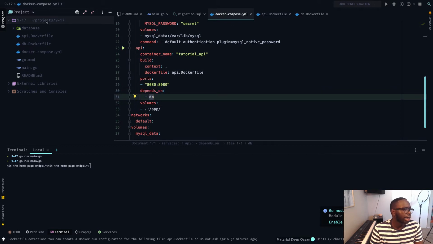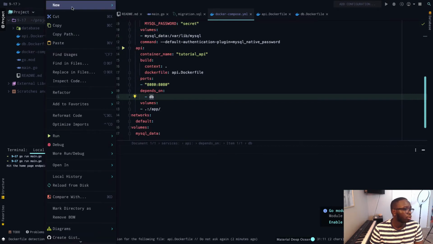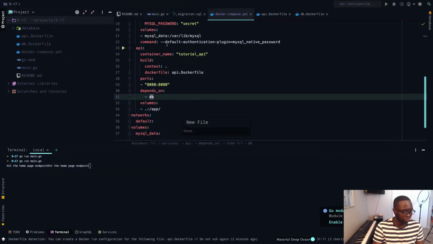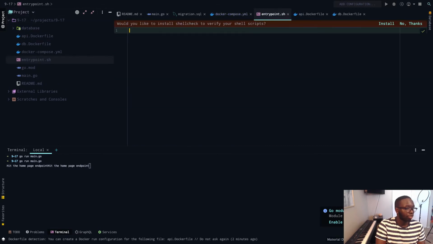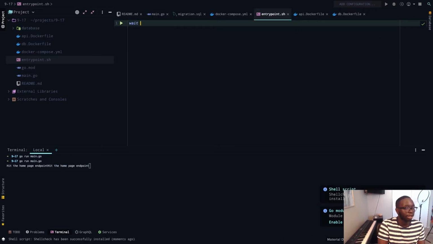So we're going to rely on this third-party package called wait for it. And so what we're going to do is create our entry point .shell file. That's fine. We can install that. But yeah, it's basically going to wait for our database port to be set up,